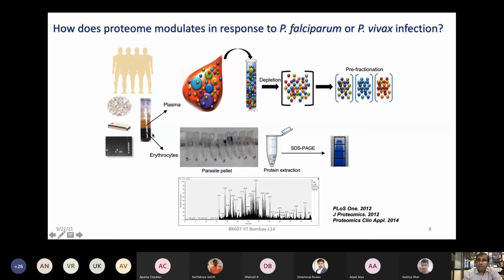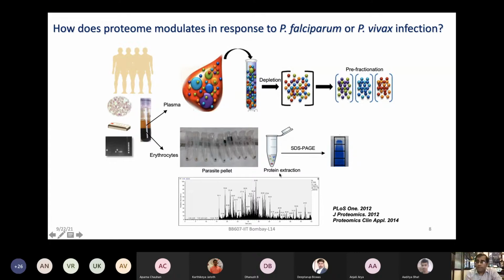Here we can do a couple of things. We can first try to extract the parasites from the blood samples, and then extract all the parasite proteins to look at which parasite proteins we can see from the patient sample. So we are talking about the blood taken from the patients, trying to extract the parasite which is present in the blood after infection, which is a very low amount, and then utilize that information. In this case, after doing the parasite lysis and protein extraction, we ran it on the gel and did in-gel digestion of all those pieces.